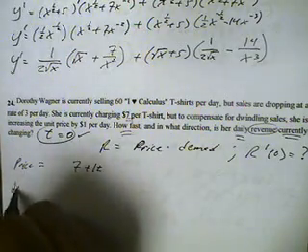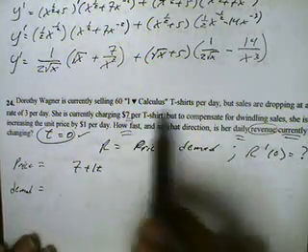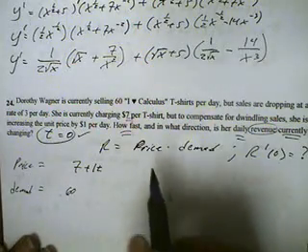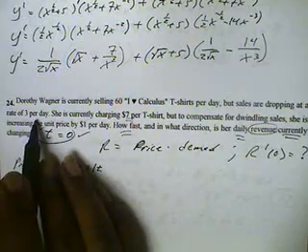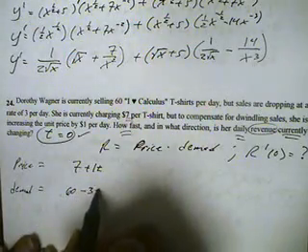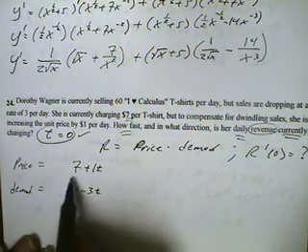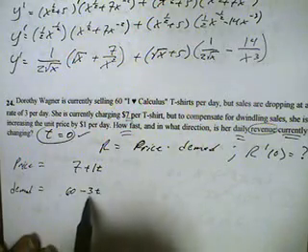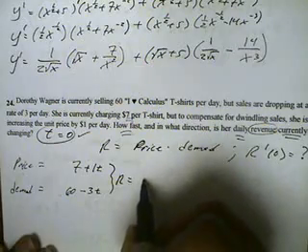Now demand. The demand, they have 60 t-shirts, so they have 60 altogether. Now what's happening is that the sales are dropping at 3 per day. So that's -3 each day, or t. So now we have a function that represents price and a function that represents demand. So let's write revenue equals